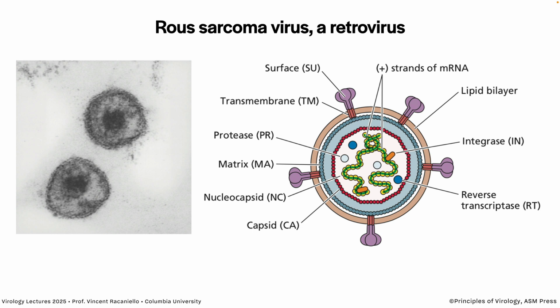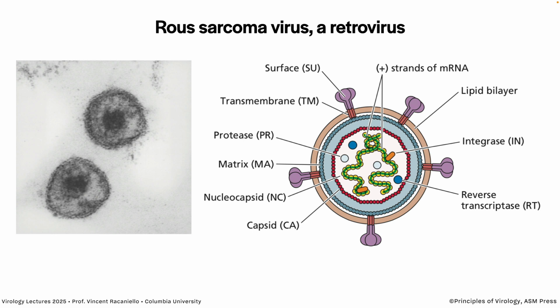So back to Rous sarcoma virus, which eventually was called a retrovirus after the discovery of reverse transcriptase. So they were first called tumor viruses, RNA tumor viruses, and then when they found that there's reverse transcriptase in them, their name was changed to retroviruses. They're enveloped viruses with a spike protein in the envelope so they can attach to cells. And they have within them a nucleocapsid because the RNA genome is encased in an icosahedral capsid. That's shown in red. And the RNA genome, there are 2 copies of the RNA genome. We'll explore why that is in a moment.